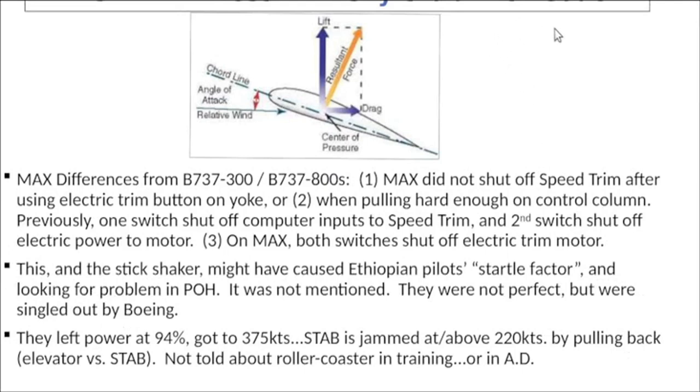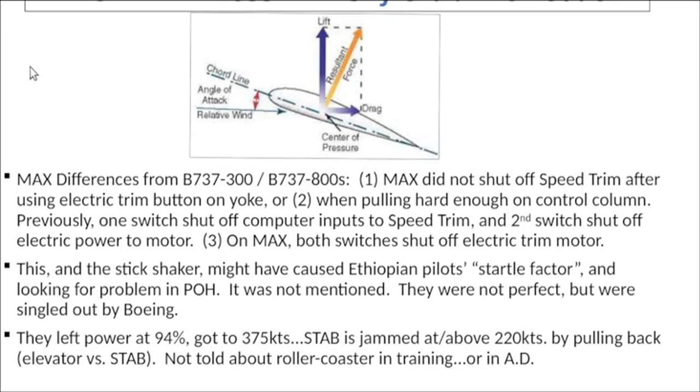So I say risky stabilizer code. That's true, because in the transition between aircraft types, when you are going to go, say, from the 737-300 to the 800, or from the 800 to the MAX, they do what's called differences training. And this is what Boeing was trying to avoid anyway, to have that deal with simulators. But from a pilot's point of view, there were some big differences that were not mentioned if you're used to the Dash 300 or 800 and say you've got your 15,000 hours in them, and then you start to fly